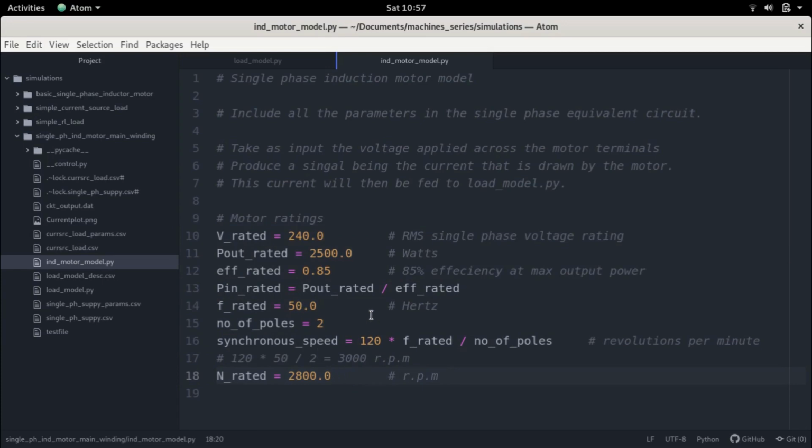In the next lecture, we will continue using these ratings and start to calculate the parameters of the equivalent circuit. Like I said, I would like to take it very slow and easy, because any machine can get a little complicated, right? And it's very important that we spend time with all these physical parameters to totally understand what these parameters are and how they are translated to a mathematical model that we can simulate and actually see